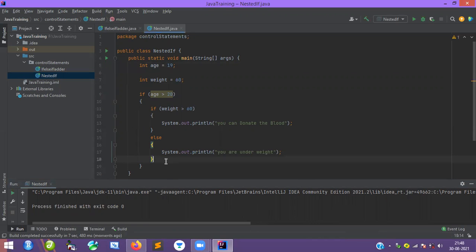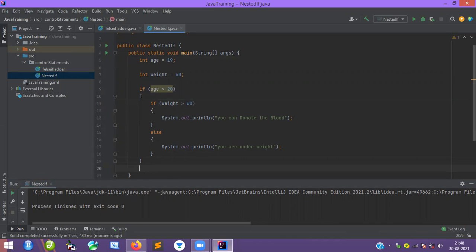So for that, what I am going to do here: this block is the if, and this belongs to the else block. So this belongs to the if block. Here I will say something like this: outside the main if, outside the if.